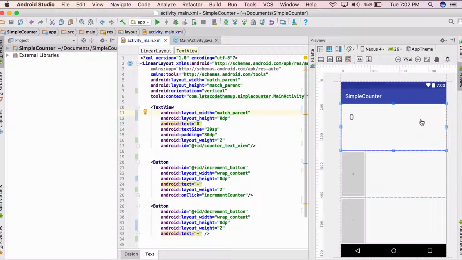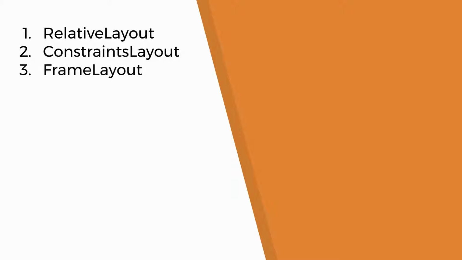Well, there are a lot of attributes to play with which can change the behavior of the view and the view object. Apart from linear layout, Android provides other view groups also like relative layout, constraint layout, frame layout, table layout, scroll view, etc. We will touch on some of these concepts later. Right now, we will focus on linear layout and create a final layout for simple counter using it. In our next session, we will create the final layout using linear layout concepts that we discussed today.